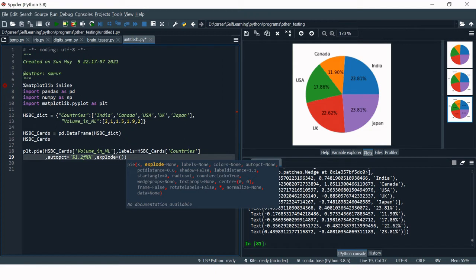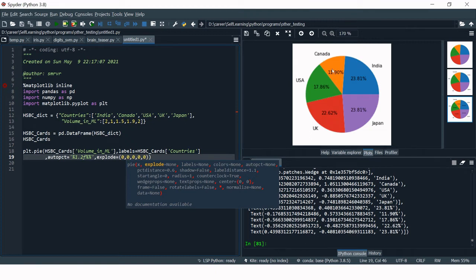Here in explode you put numbers equal to the number of items you have in your data frame. Like here we are using 5 items, 1, 2, 3, 4 and 5. So you put 5 numbers over here, and for now let's put 0, 0, 0, 0 and 0.